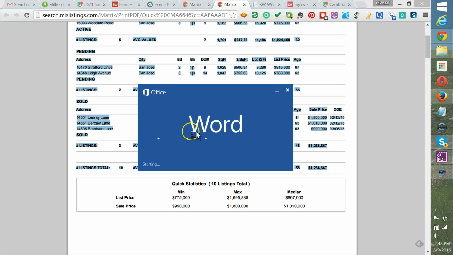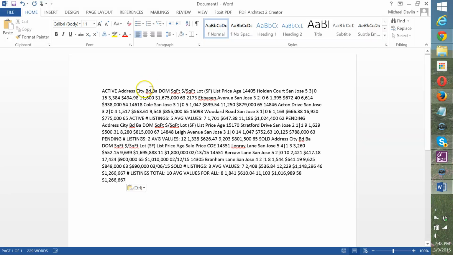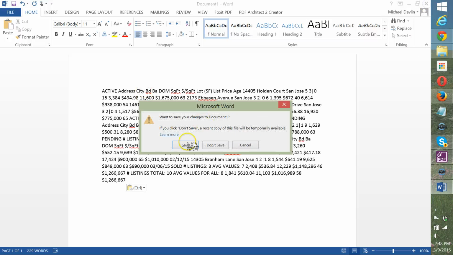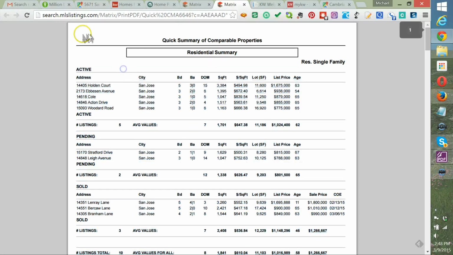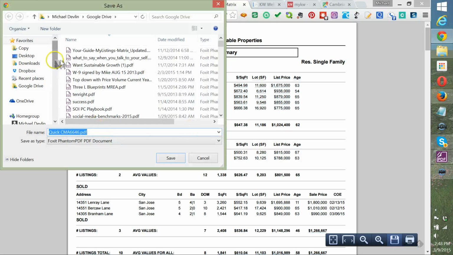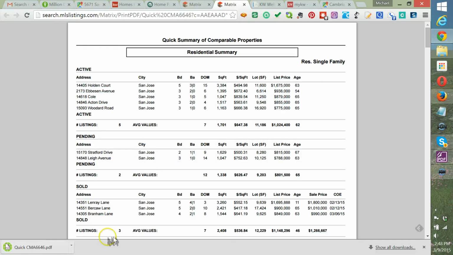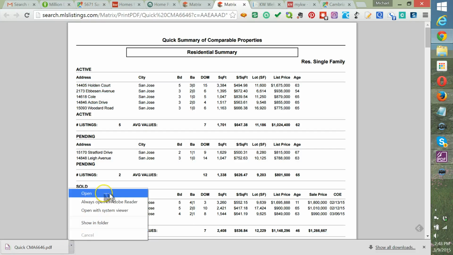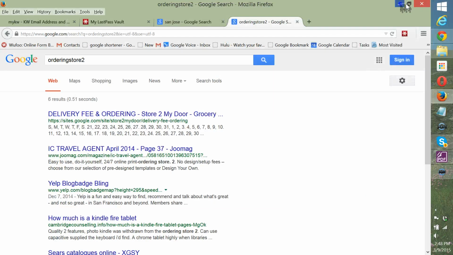And sometimes it works better once you've downloaded the actual file. See, that doesn't work very good. All right. Now, don't save. Now, what we want to do then is save this and put this someplace where we can find it. I'm just going to stick it on my desktop. Now, I have a program called